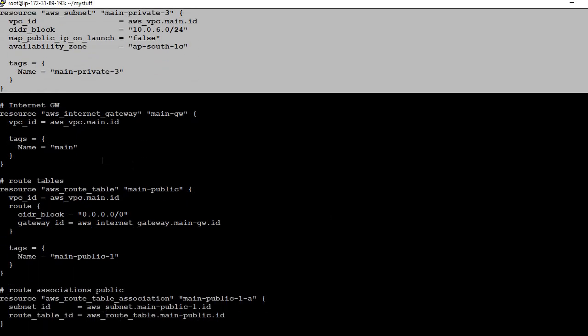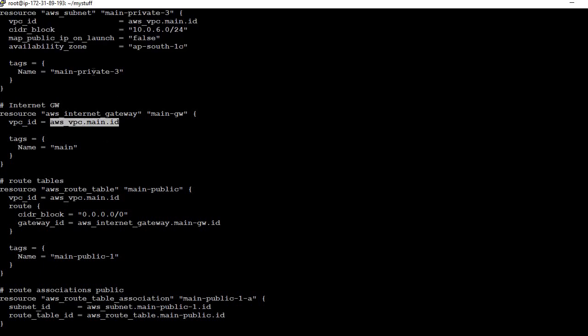Then you need to define the internet gateway, so resource aws_internet_gateway. You have given the name of the gateway, and it will be created in this VPC ID. Then the route table. So this is the main public route table. It will be created in this VPC ID, with CIDR block 0.0.0.0/0, that means all the traffic going to the public internet.